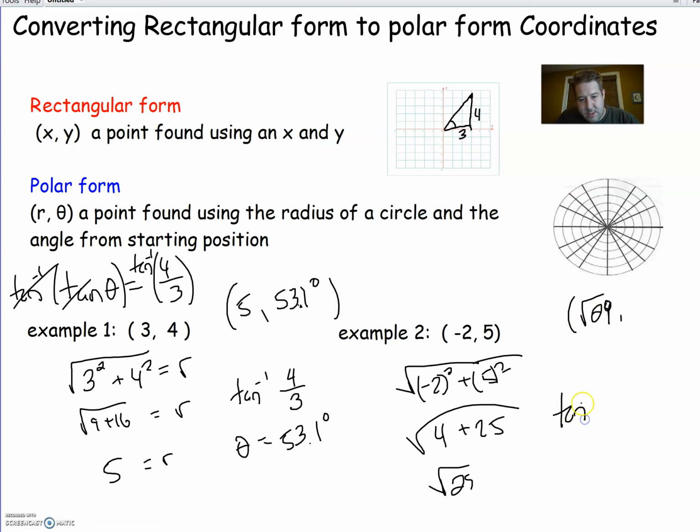Now, inverse tangent of y over x. So inverse tangent of 5 divided by -2 gives me theta is -68.19. Now, keep in mind that -2, 5 should be in the second quadrant. -2, 5 is in the second quadrant. Now, remember, there's 2 answers. Whenever you do inverse tangent of a number, there's actually 2 answers, because tangent can be positive in both. So tangent is positive both in the 4th quadrant and